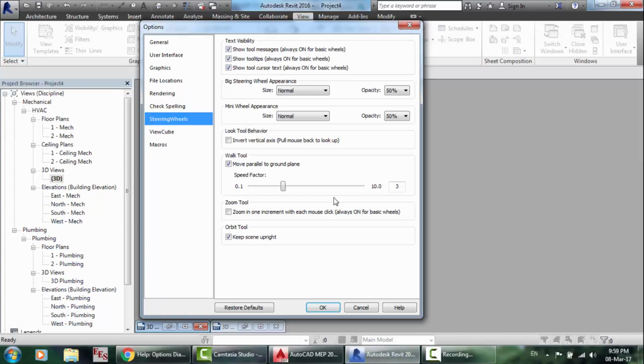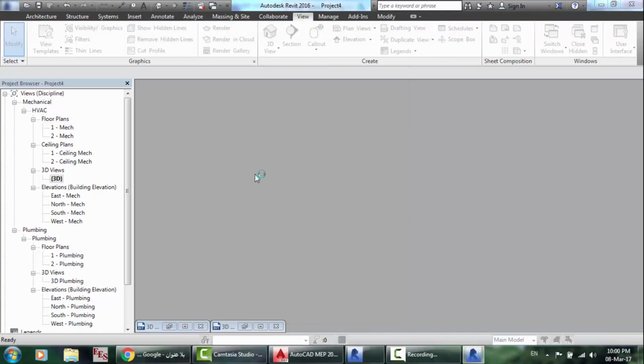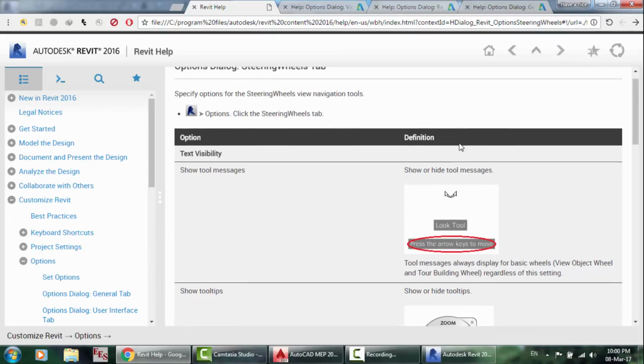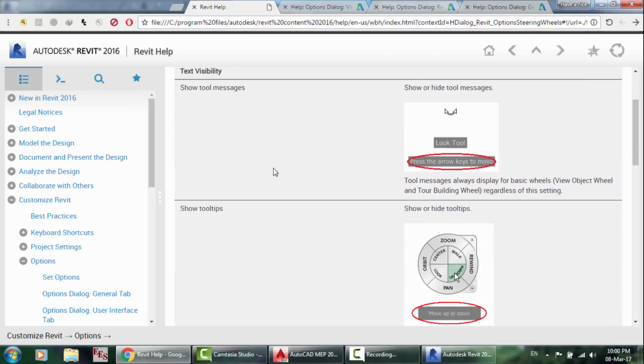Here you can click F1 to see the steering wheels. And here the walk tool. These details, gentlemen, you will know when you practice, okay? Like this, show tool messages, show tool tips,